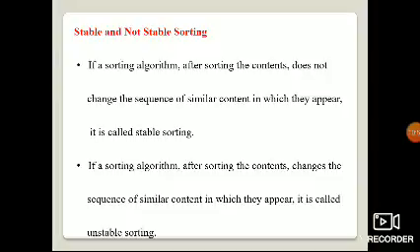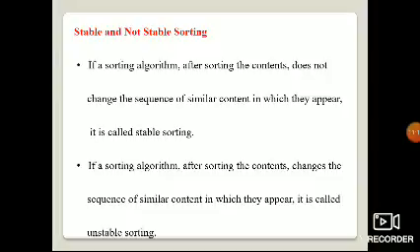Stable and non-stable sorting. We know that stable means constant, it does not change anything. Unstable means changes can be done; if you want to modify, you can modify or update. Let's see in the sorting methods how this works.